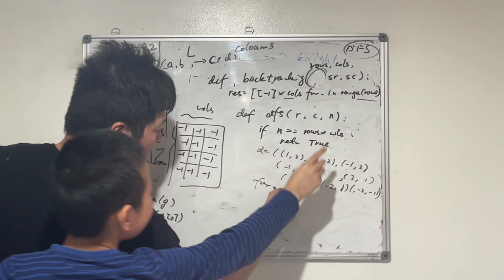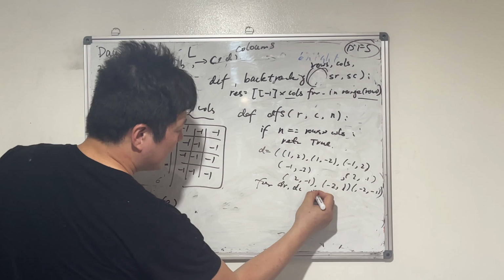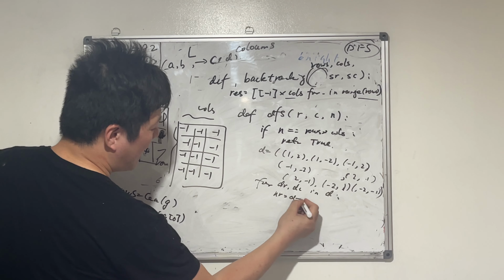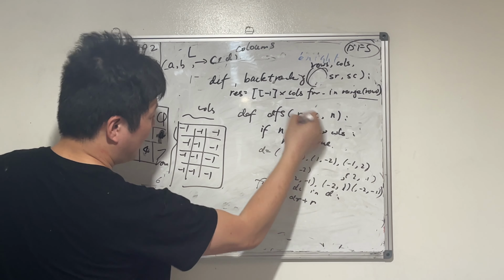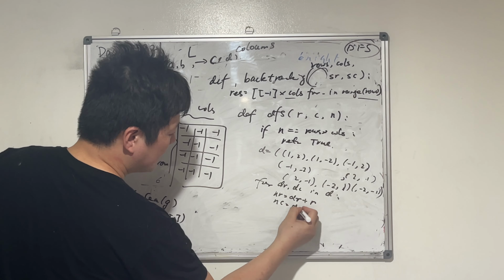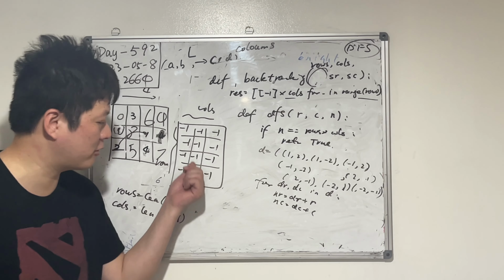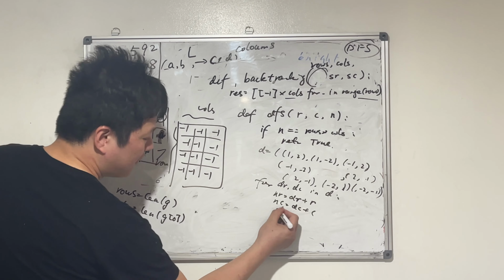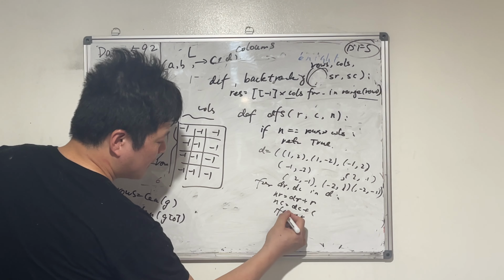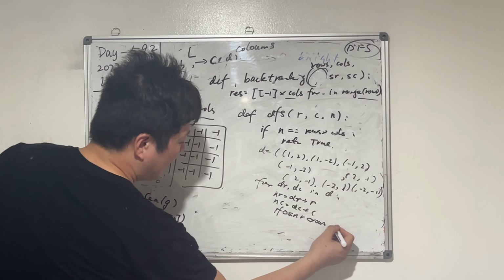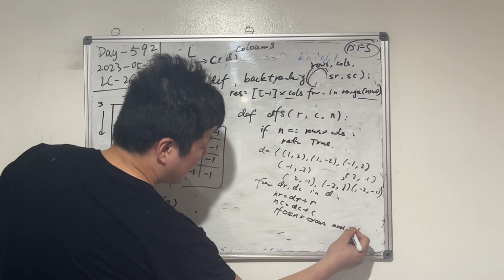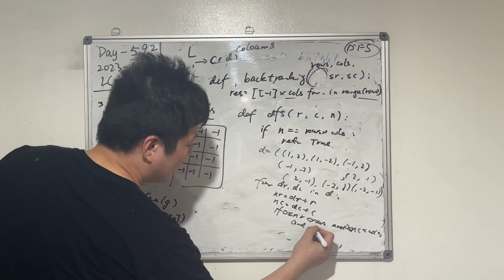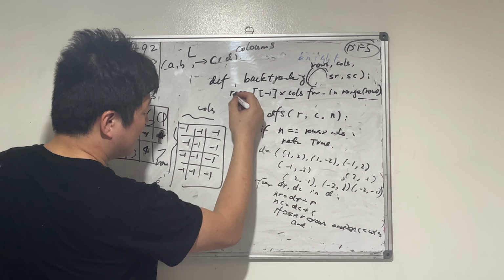For dr, dc in d, the next position would be nr equals dr plus r, nc equals dc plus c. But obviously this could cross the bound. It could be out of the range, right? So we need to check if nr is greater than or equal to 0 and smaller than rows, and nc is greater than or equal to 0 and smaller than columns, and